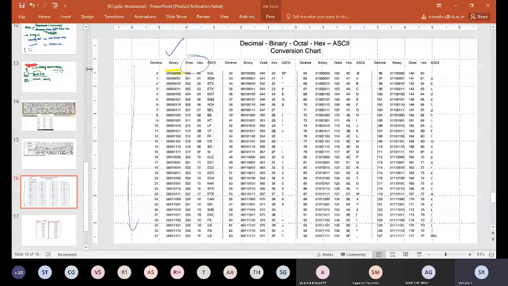If it is 0, it represents the null character on your keyboard. Similarly, you have all such characters. This is used in larger systems and small systems as well. You have special characters, then small letters and capital letters.